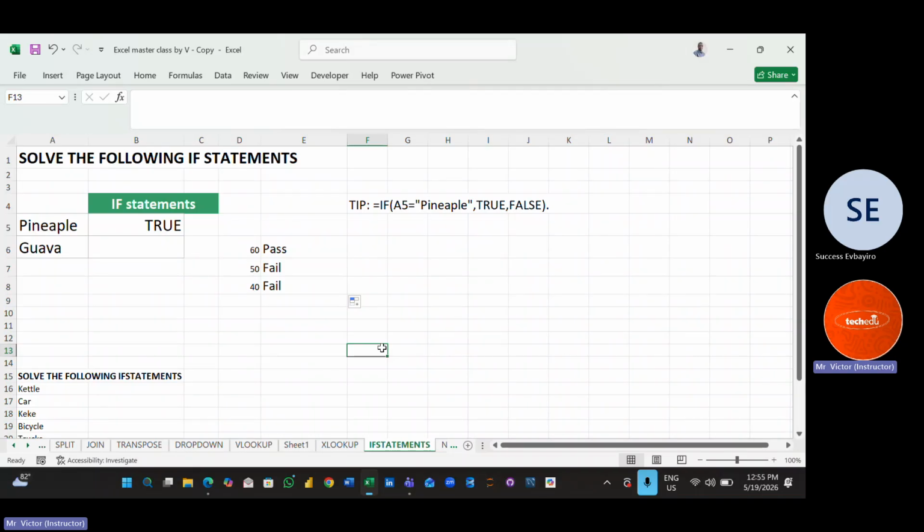So for you to do that, you use what we call nested if. And another scenario that we use is you can group